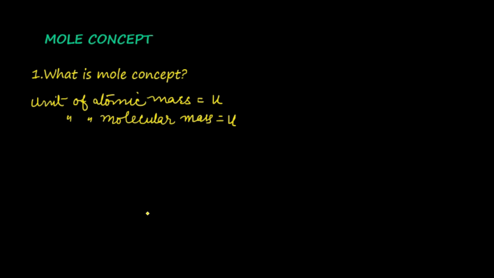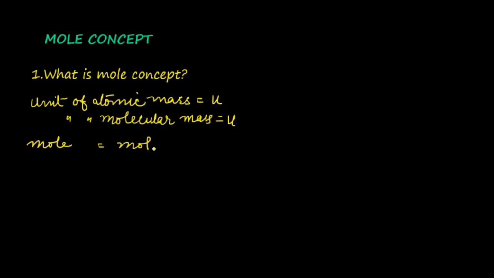While doing experiments or during preparation of certain chemical compounds, various chemicals will have to be measured. But this unit U is not a measurable quantity. That is, there are no devices to measure U. We measure mass in the unit of kilogram and gram is the smaller unit. In order to overcome this practical difficulty, scientists use another unit called mole and the symbol is mol.